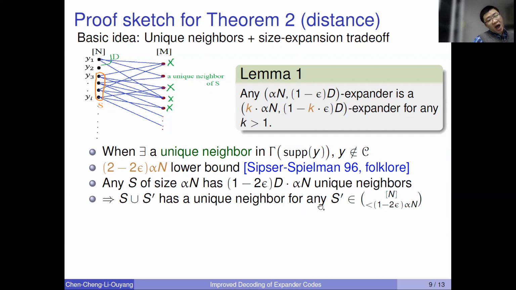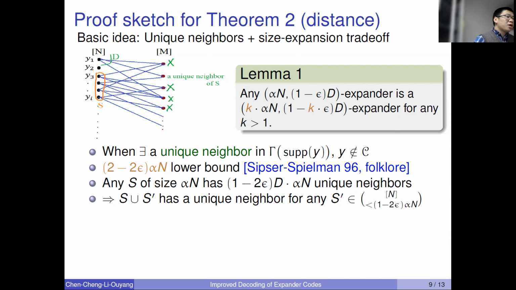So then one can add at most 1 minus 2 epsilon times alpha n vertices to S, say S prime, such that there is at least one unique neighbor left, because each vertex in S prime can kill at most d unique neighbors. Okay, so because there's one unique neighbor left,